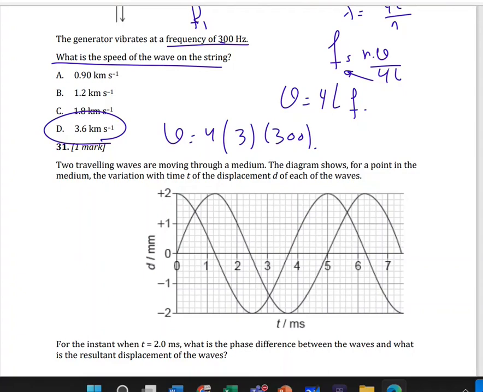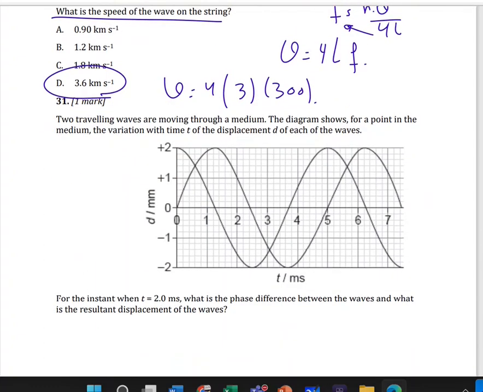We have two traveling waves moving through a medium. The diagram shows, for a point in the medium, the vibration with time t of the displacement d of each wave. So we have displacement in millimeter versus time in millisecond for the two waves. The leading wave is the wave that you see crest first. So this is the first wave, this one,